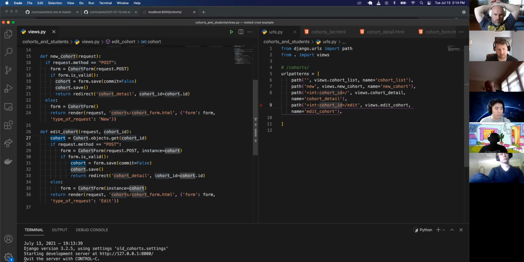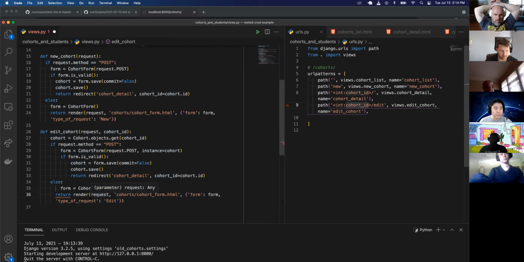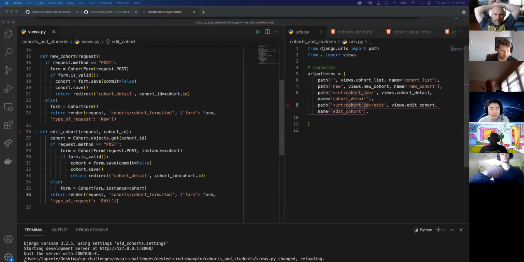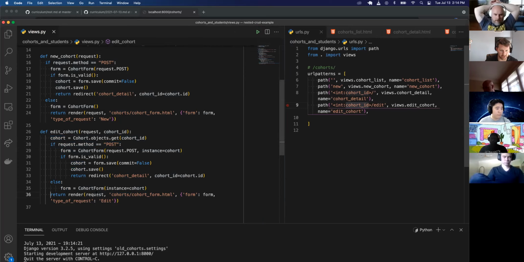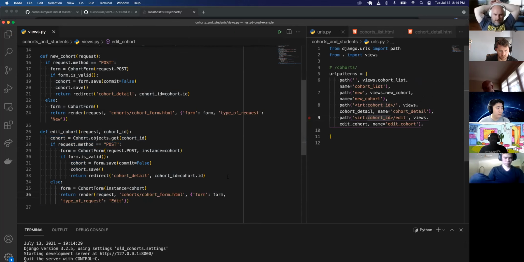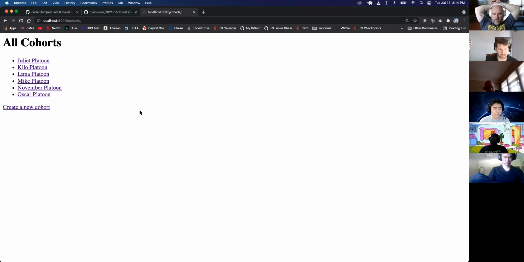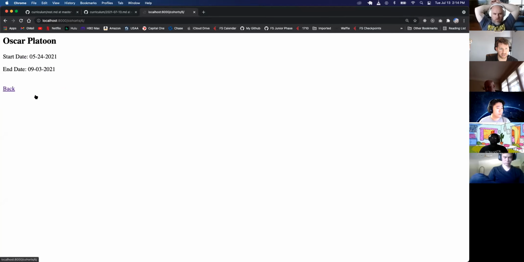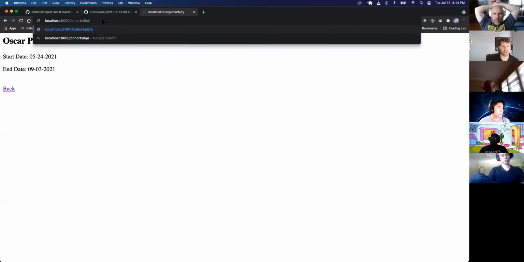And then also render, and then return this form. I think that should be indented a little bit. So here with a type of request, it's an edit request, but we're passing that form in, and we're also displaying that cohort form HTML file. So let's just look here. Let's go ahead and edit Oscar Platoon. So if I go to /edit,